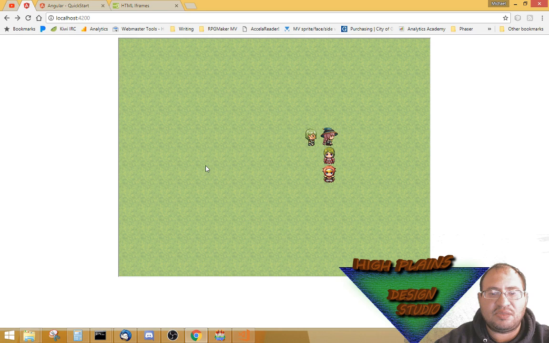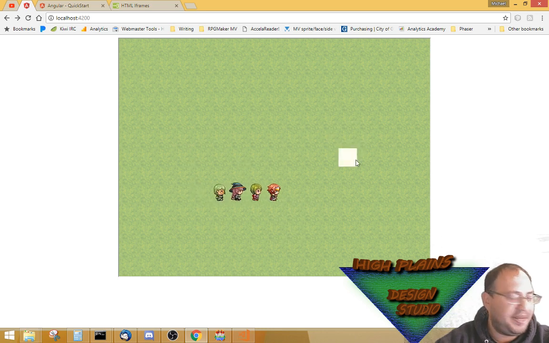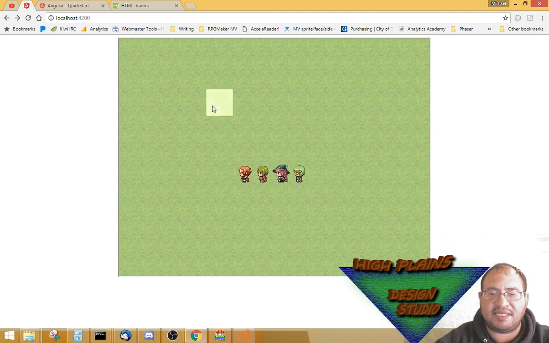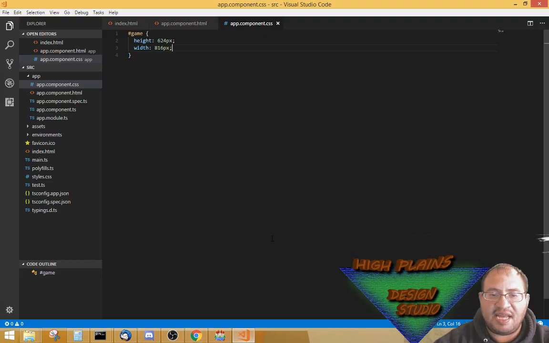So now that I got this working, and check it out, I got this whole cool little app. It's an Angular app. It's got RPG Maker in it, and that was that simple to do. Real basic stuff. I haven't even gotten into anything in particular. So now what I'm gonna go ahead and do